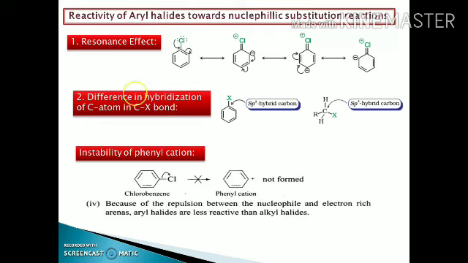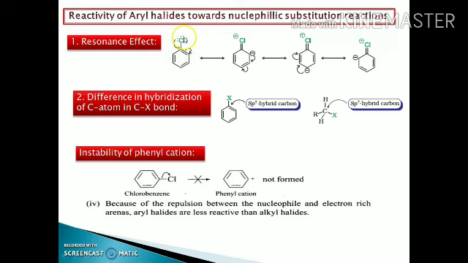In case of the resonance effect, we know all the aryl compounds show the resonance effect. Chlorine or the halogen groups are electron rich, and they have lone pairs of electrons present in them. Due to the presence of these lone pairs, the halogen group acts as an electron releasing group. In case of the haloarenes, the electron pair on the halogen atom is conjugated with the pi electrons of the ring. Resonance structures are possible.